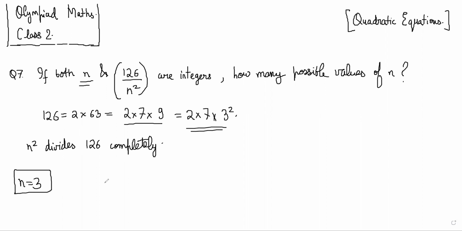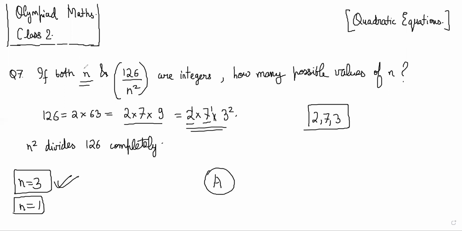And you can clearly see that only 1 is the other number that will fit, no? Because the only prime factors of 126 are 2, 7, and 3, right? But 2 and 7 are only present to the power 1, right? So you cannot put 2 here because 4 is not going to divide, right? You cannot put 7 here for n also, right? So only possible values are 3, which fits, and 1 obviously will fit anything, right? Of course. So the number of values will be 2. The answer will be A, which is the 2.